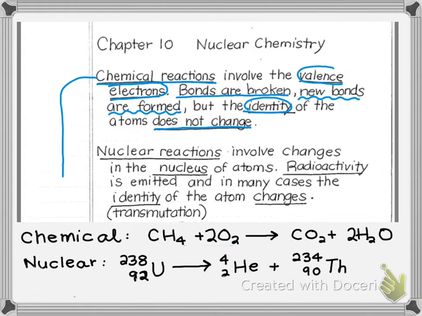Here's an example of a chemical equation. Looking at a chemical equation, it will look familiar at this point in the course. We notice that we have the same number of each type of element on both sides of the equation, making it a balanced chemical equation. What we also notice is that the reactants have different formulas than the products, because the atoms have rearranged to